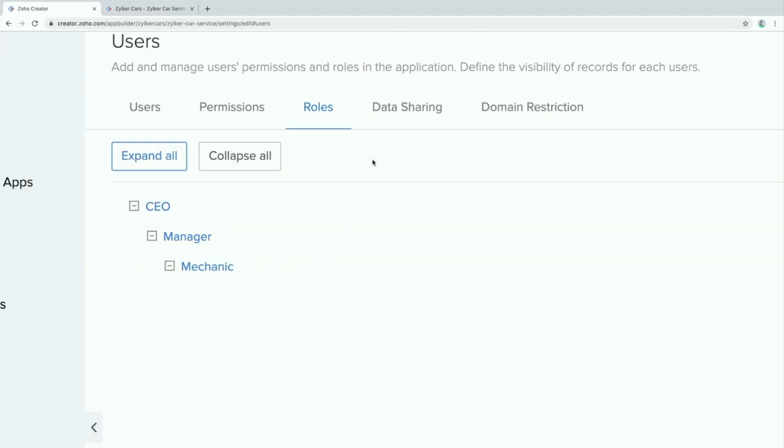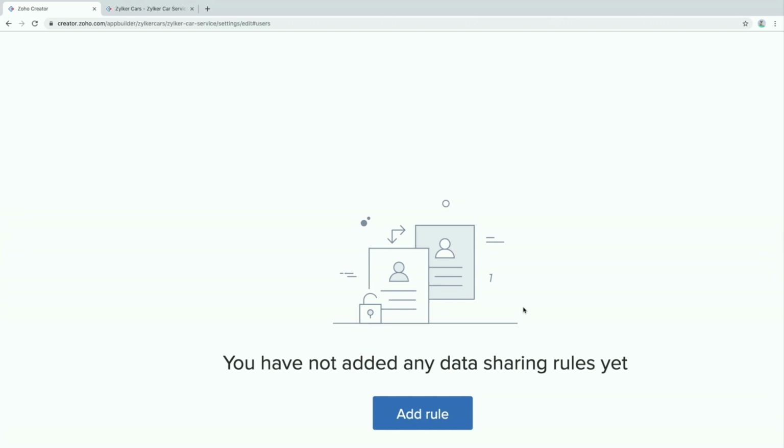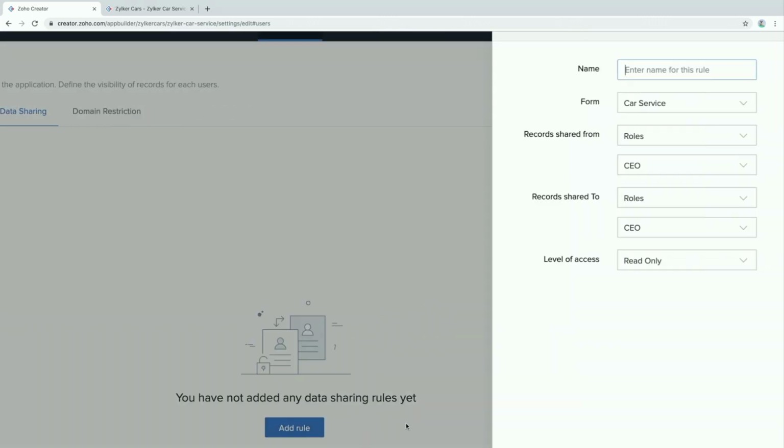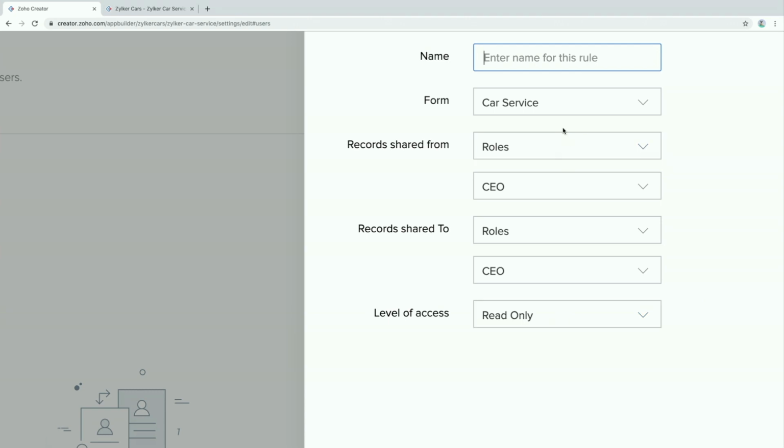And then we have the data sharing. We'll quickly see how the exception can be added. So I can add a data sharing rule. And in data sharing rule, I will have the ability to filter out information based on permission sets or the roles or the user himself. We can do all these.